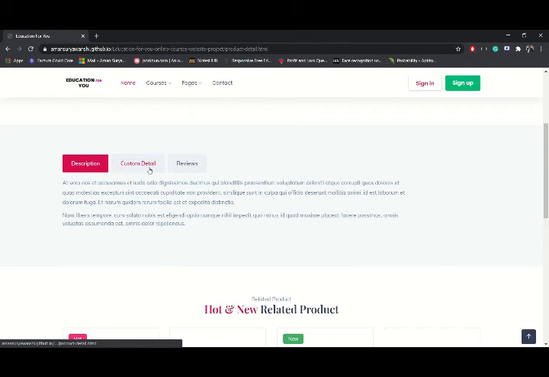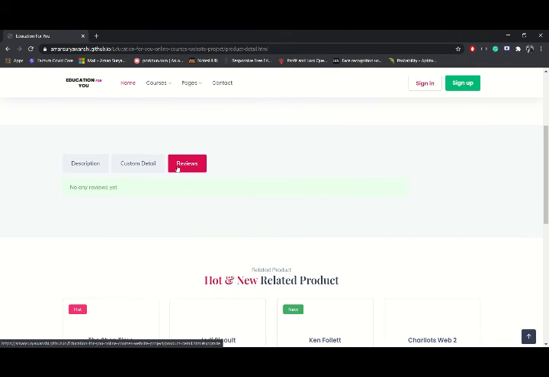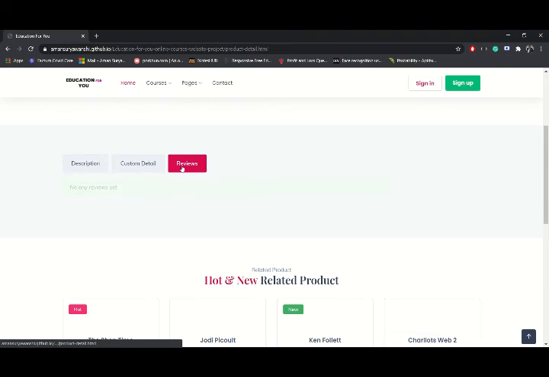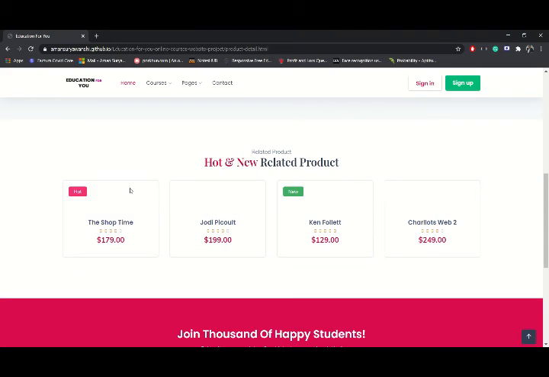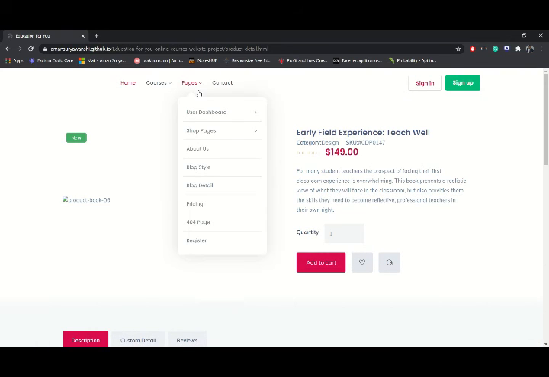Here we have added some IDs, so that on the same thing it will show. If we click on different things, it will show about it. So custom details it shows us, or reviews it shows us. For example, here there are no reviews, and the description, and then other things like new products, it will show here. It also uses JavaScript cards, wish list, or other things if you try.